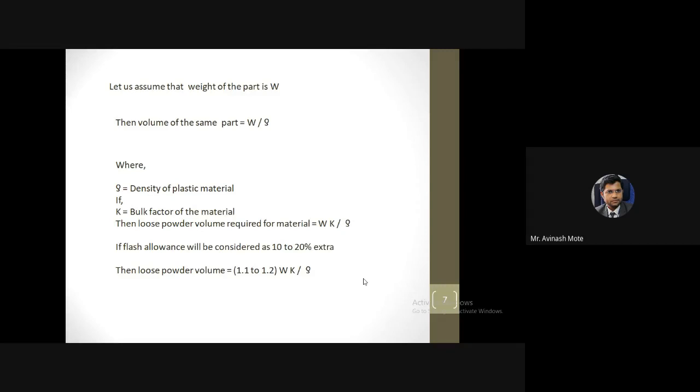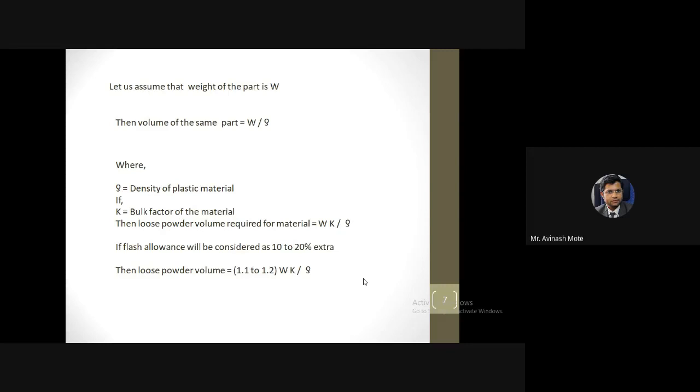Now what is going to happen? See, we cannot go for the exact amount of material, because based on the process, the pressure, heating range, temperature range, and venting, there is a compression. Getting it? Only based on the pressure, the component is not going to be compressed. Other parameters are also important. Based on that, compression will happen.